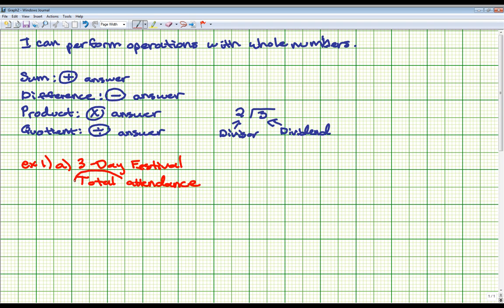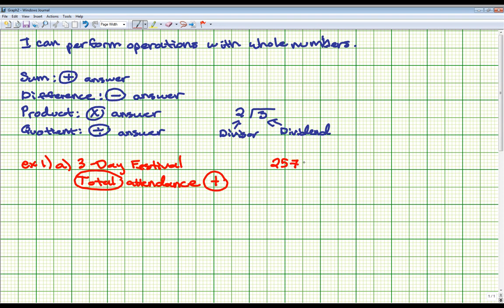And in this case, the word total is going to be the important word that helps us determine that we are going to be adding. So we're going to have total and adding. So if we look at our bar graph, the numbers on top of the bars are going to be what we're adding. Those are the number of people that went each day. So the first number we're going to add is